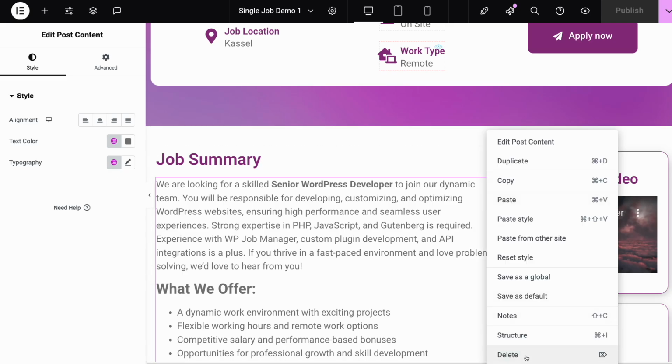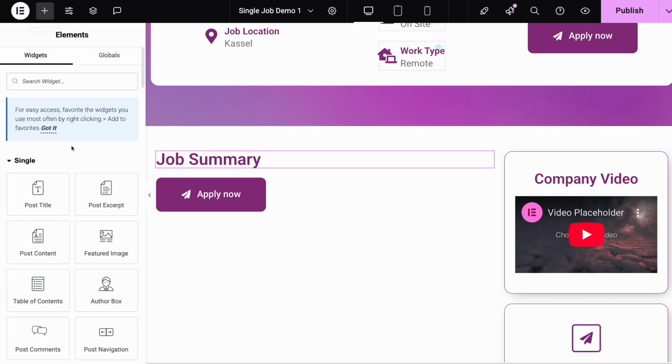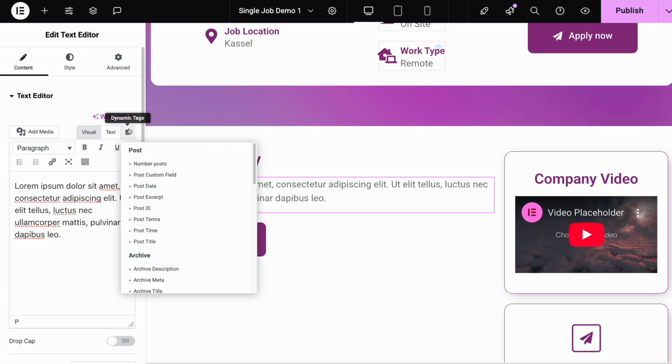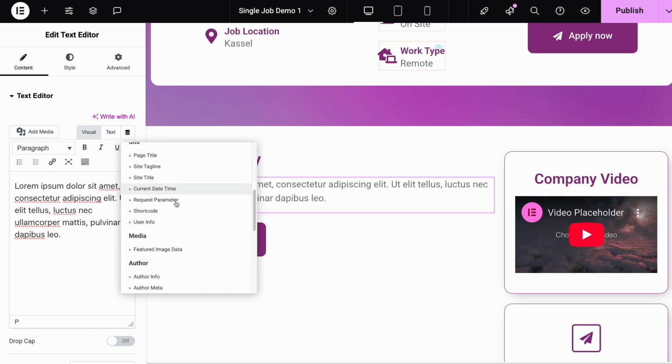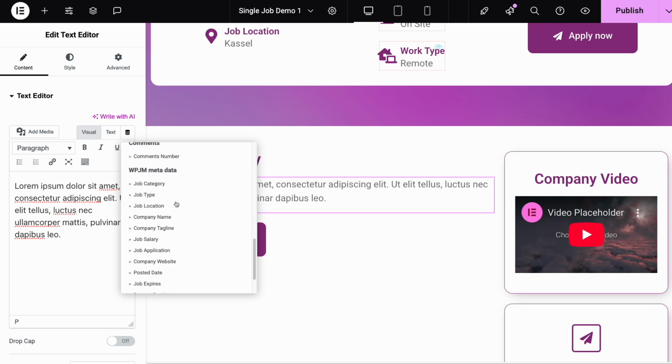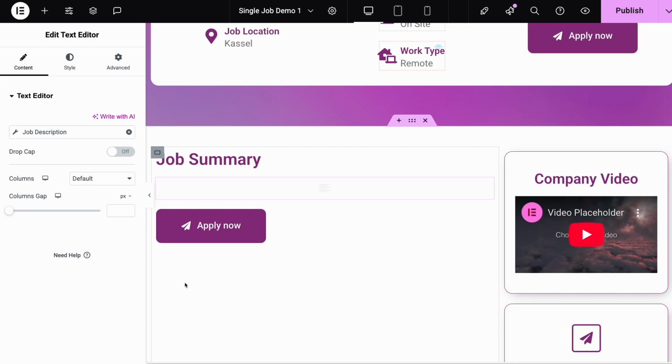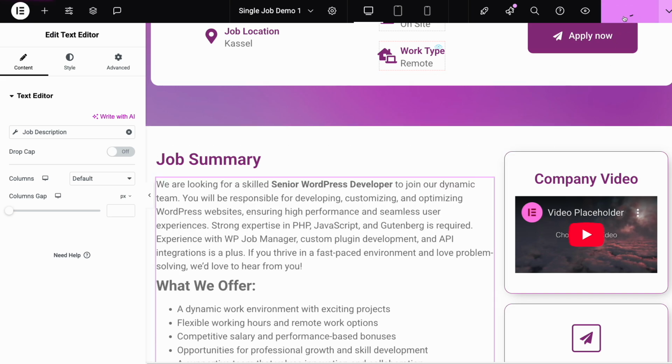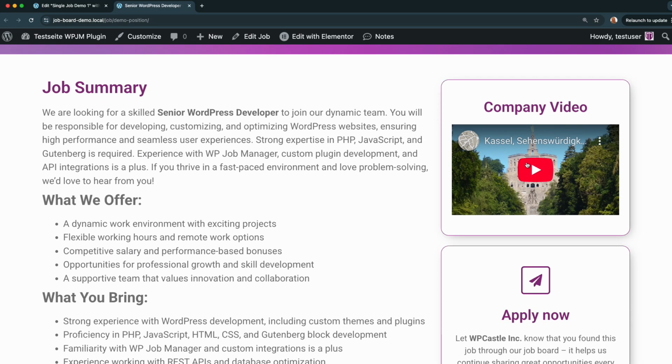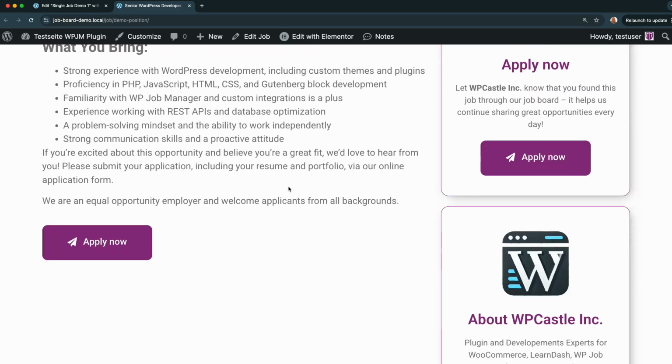In comes the Dynamic WPJM Tags for Elementor plugin we just installed. Let's go into the dynamic tag list again and scroll way down. There's a new group called WPJM metadata, and it has a job description option. We click on that, and now it really does show just what's in the rich text editor in the backend. Great! On to the next